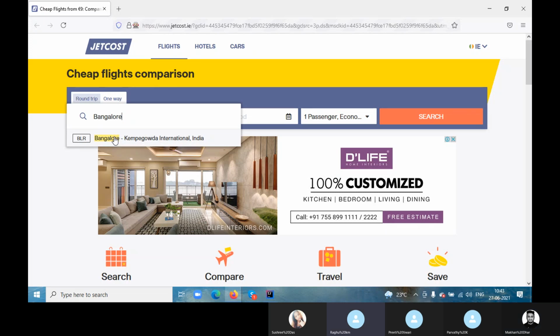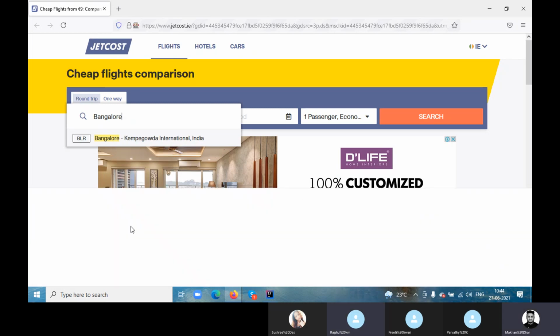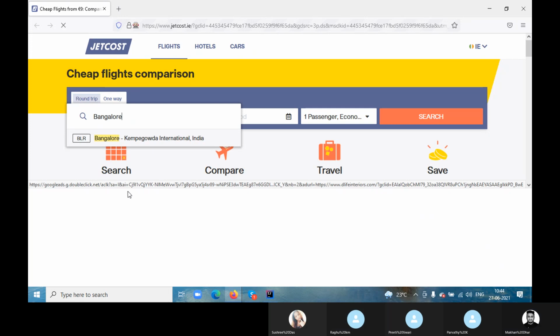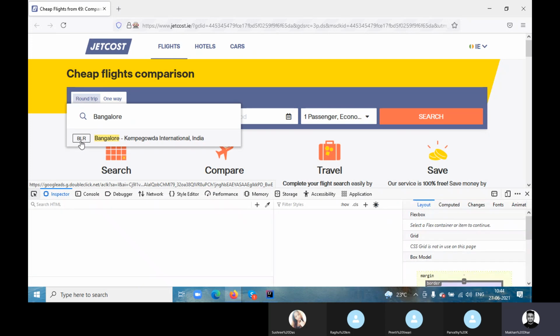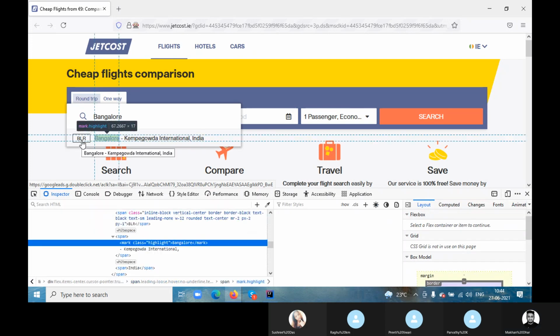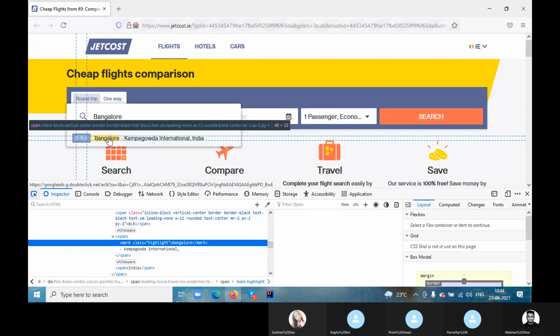Now select, then we can find the element for this BLR. We can directly add it, right? I'm inspecting it actually. So the problem is here, once you select this, let me check this element. Is there a span class BLR?